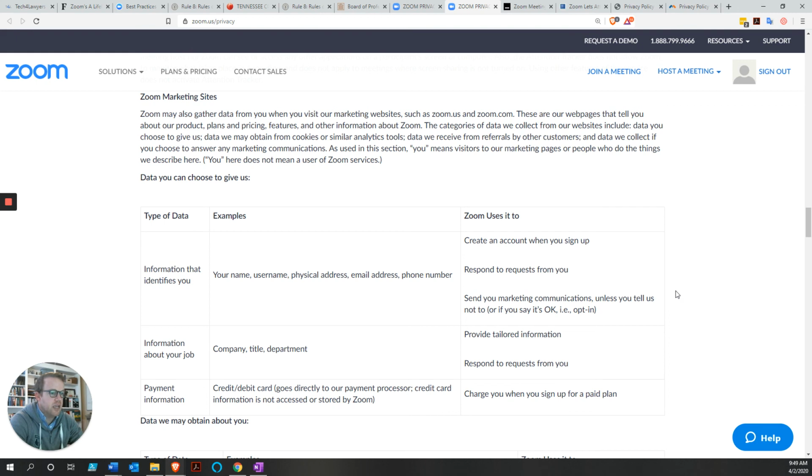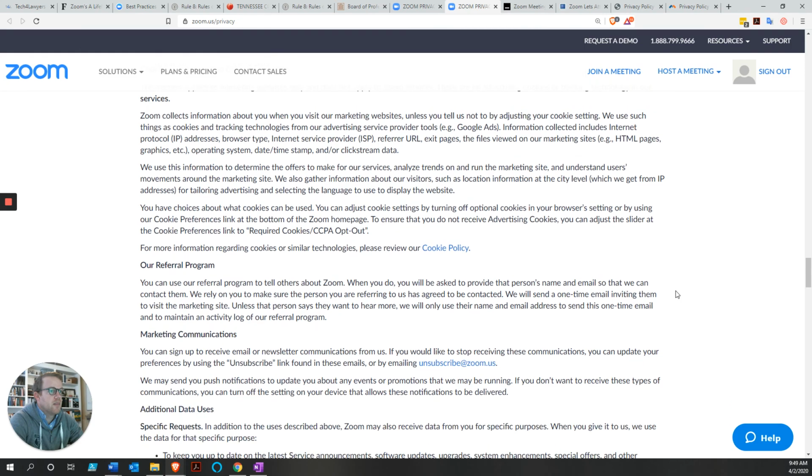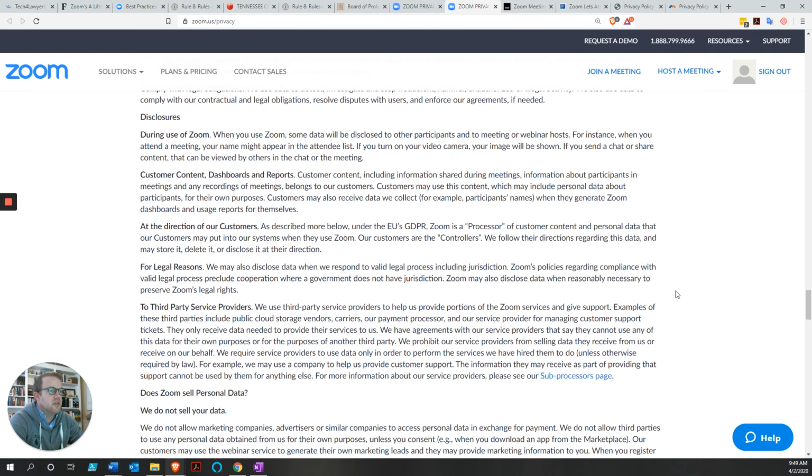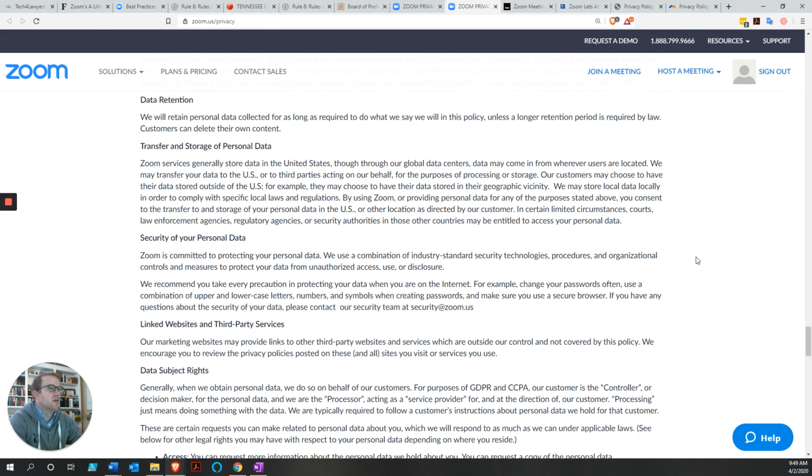So it's not a complete killer, but what is going to be what they do with our data, data retention. And again, we don't have anything here that says that they use end-to-end encryption. And so that's the biggest killer for me, the lack of end-to-end encryption from Zoom, coupled with the fact that they collect so much data and then give third parties access to that data.